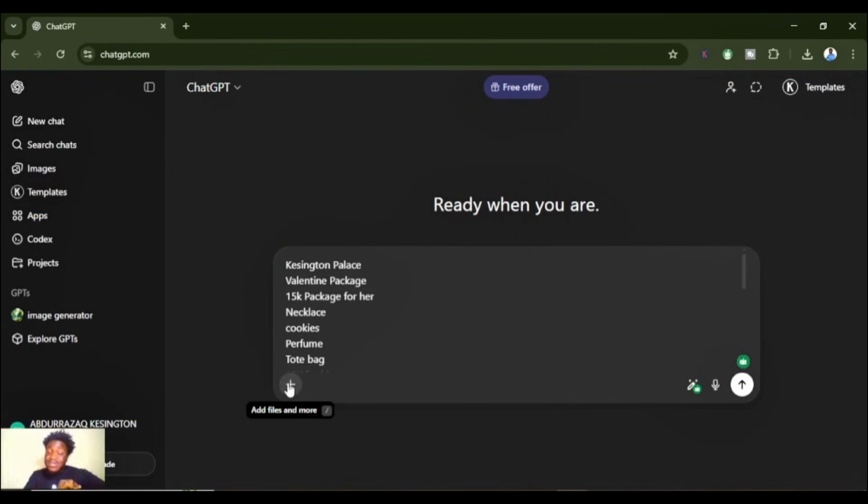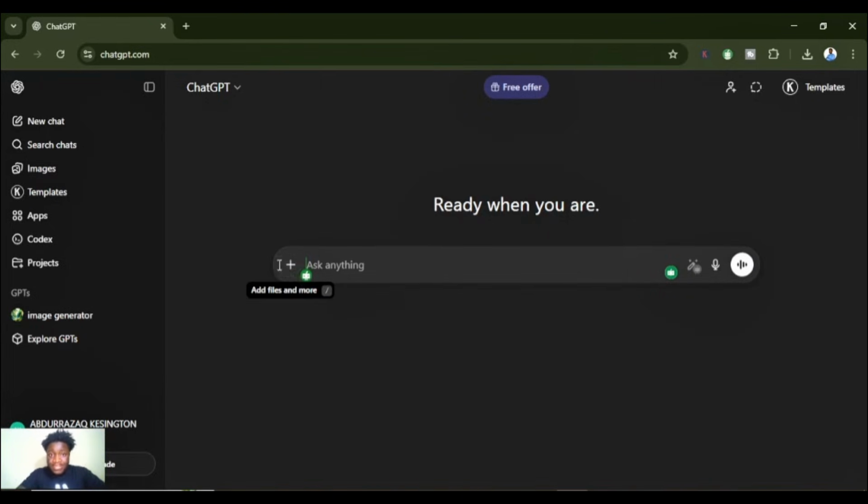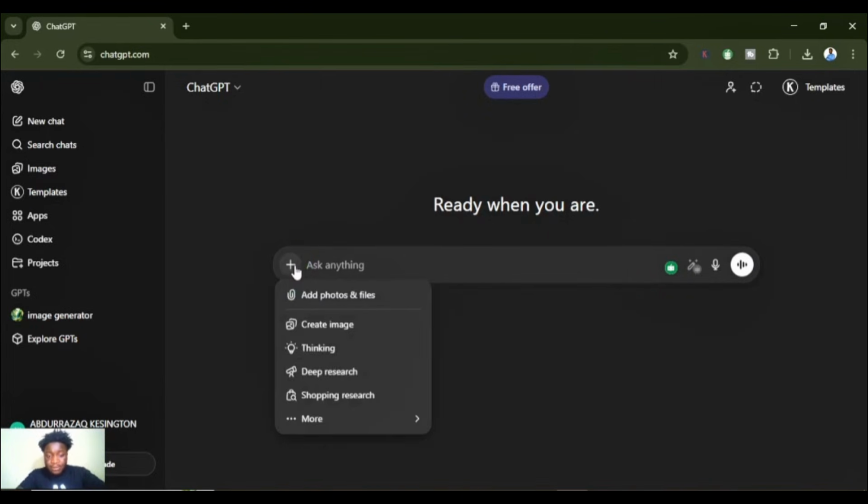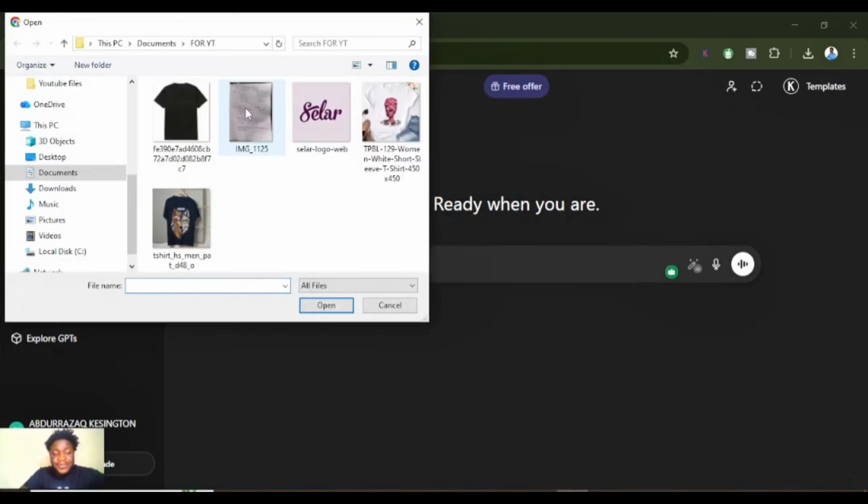This is in case you actually did the physical means. All right, if you did the physical means, then you might have to use your mobile device to take a picture of what you wrote down. Now once you've taken the picture, all you simply have to do after taking the picture is to come here to the plus icon, click on add files and more, and then click on add photos. Now you can select what you just uploaded on your system, and please note you can also do this on